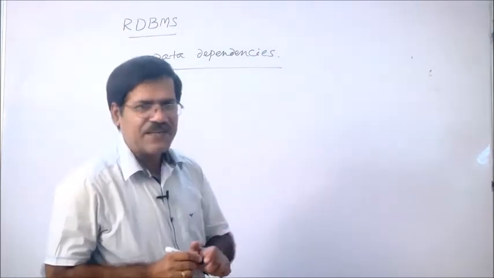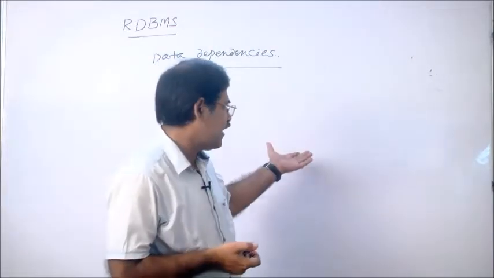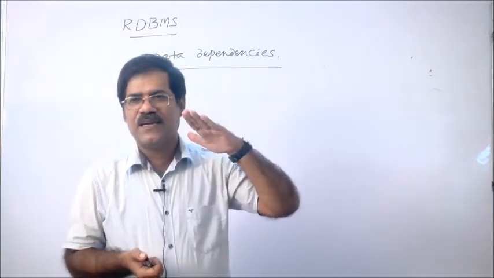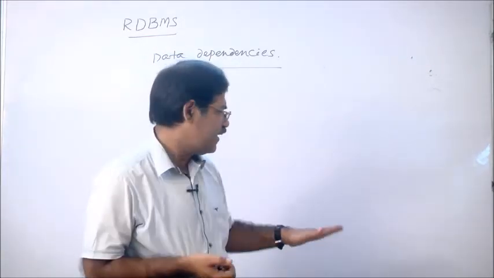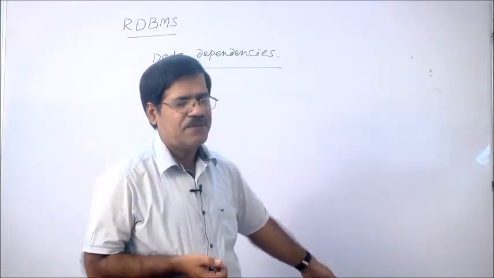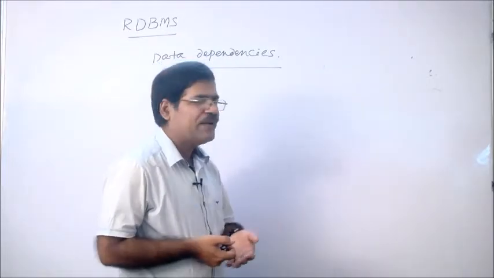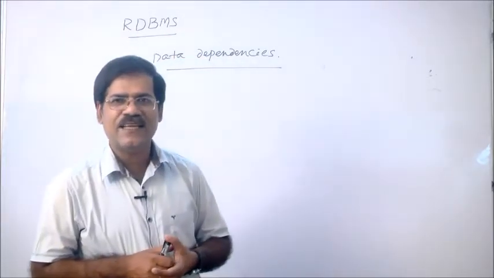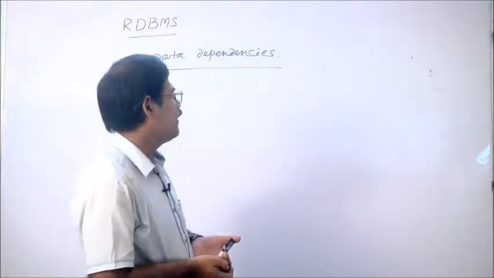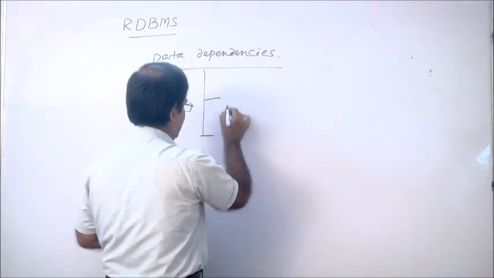So what is the meaning of data dependencies? If you change any label, so already in the last diagram there are three labels. Upper level is a user label, middle level is a conceptual label and lower level is a physical label. The actual data is stored in a physical label or in a server machine. So what the dependency says, if you change in any label, there will be no impact on the other label, is called data independence. Basically it is of two types,